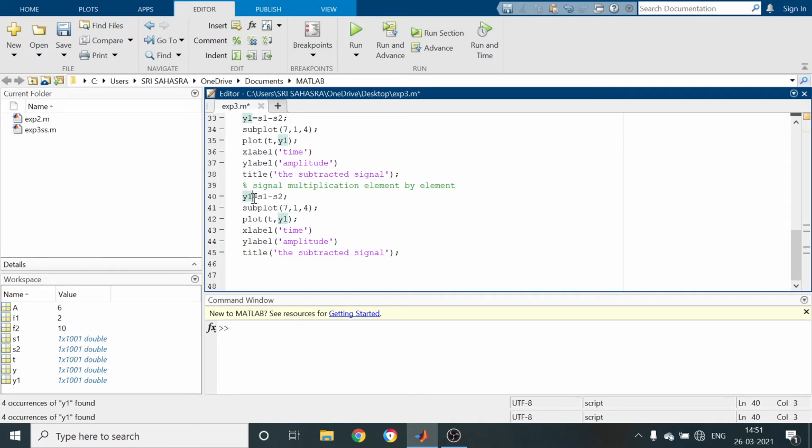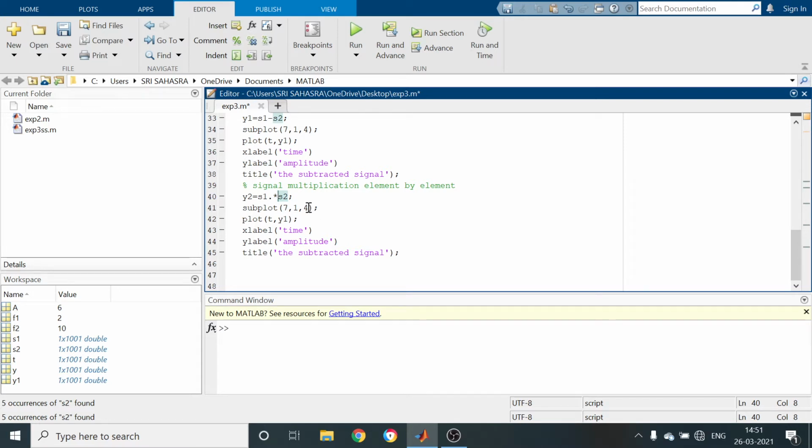For this one I am using the letter Y2. S1, element by element means dot star. We have to use the command dot star. That means corresponding amplitudes are multiplied.